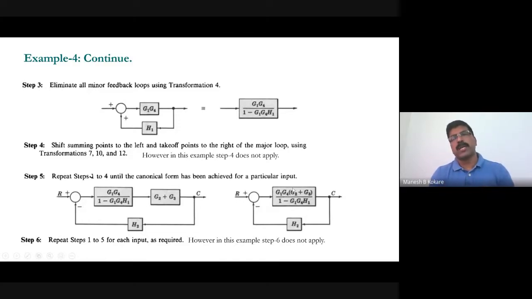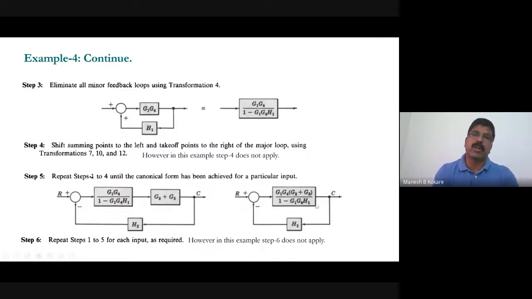So these two blocks are connected in this one loop. And what kind of feedback is there? Negative feedback is there. So we know that if this is G and this is H, then if this negative feedback is there, then that can be reduced into a single block having transfer function G divided by 1 plus G into H. So here this one is G and this one is H, and this is negative feedback. So you can apply the loop rule and you will get the overall transfer function.